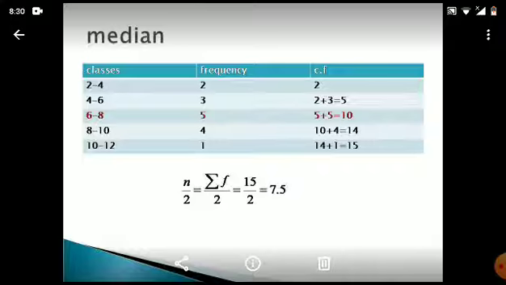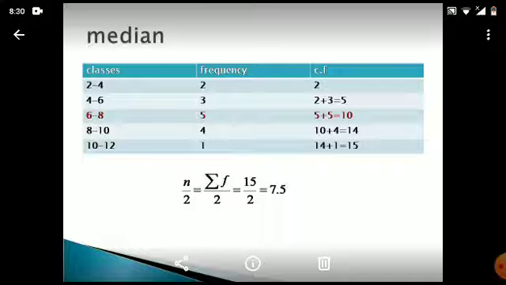Then what do we have to do? Either select the nearest value or the next higher number. Please always remember that you will select the next higher number in cumulative frequency for the location. Since you do not have 7.5, you cannot take 5. You have to go to the class with cumulative frequency of 10. That is the next higher number of 7.5. I have marked the class with red color. You can see this is your median class.